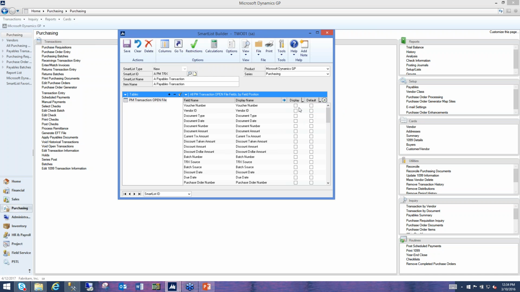I don't necessarily want these all available, but I think I'm going to pull in the vendor ID, document type, name, number, amount, current transaction amount, and maybe someone might want to see the batch number. So I'm going to go ahead and select that and the discount amount. Out of the box, though, I really am just curious about the document type, vendor, date, number, amount, and current transaction amount. So you can see there's a couple other ones that someone might want to pull in at a later time, but I'm not going to default on there. So I'll go ahead and save this here